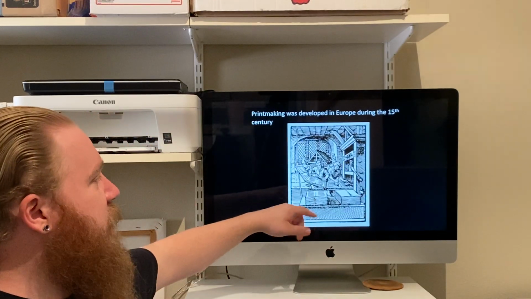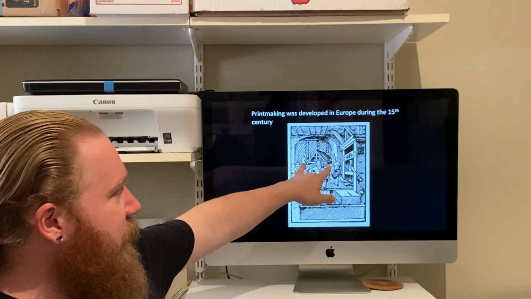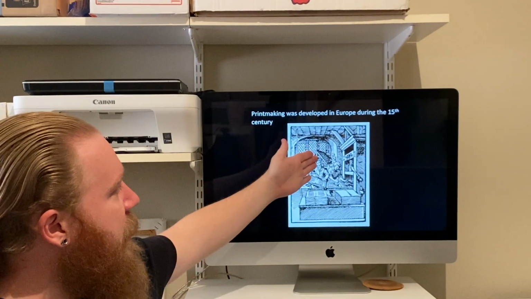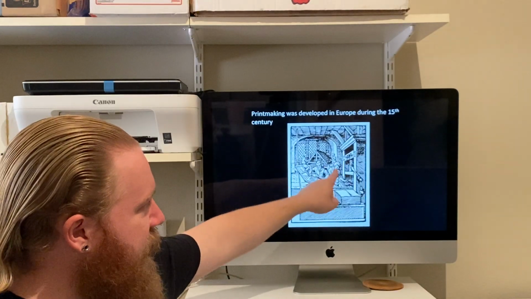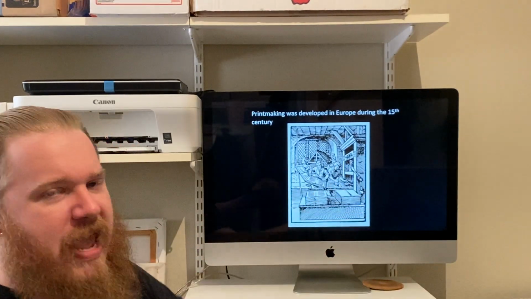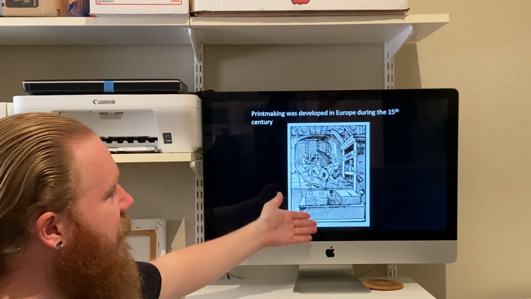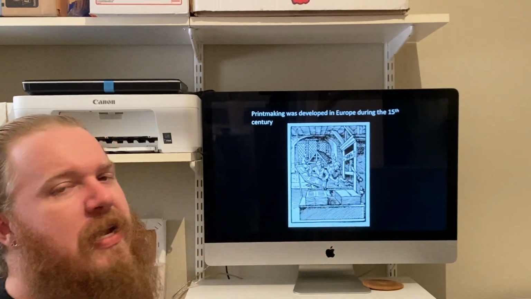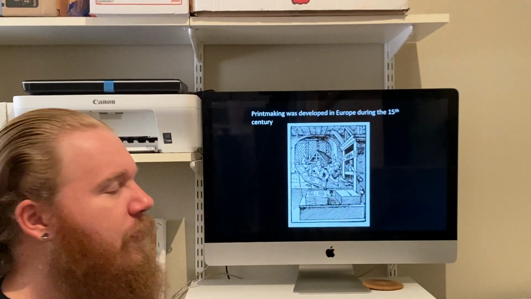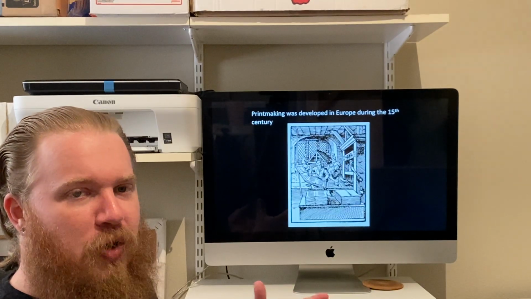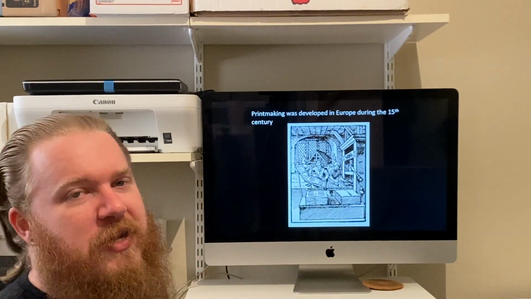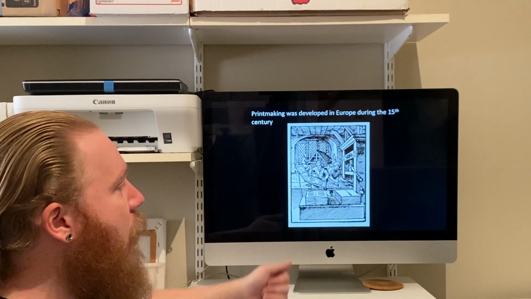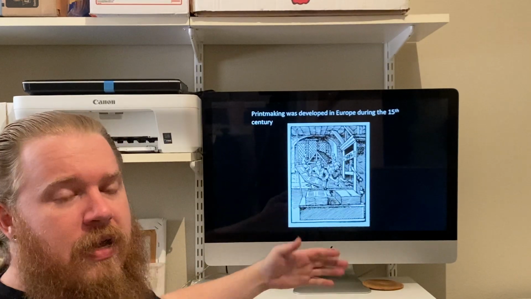And so here we can see in the background two typesetters. They're actually making the movable type, and so they're setting the type down. They would then bring the plate over to the inker, who we see here, who would then use these mauls to ink the plate up. We then have another assistant who would then place the paper and then run it through the press. And then we would have 2 pages of a book. And so we would do this over and over and over again until we had every page of the book that we needed. We would then arrange all those pages in the correct order and bind it into the finished product. And so this is how most printmaking was done,